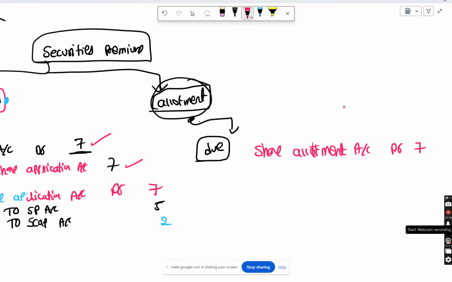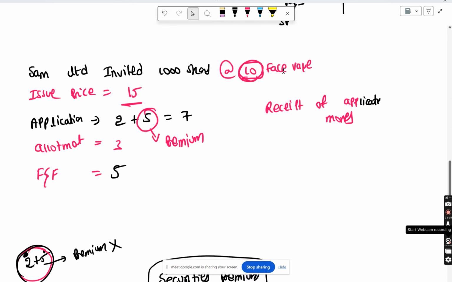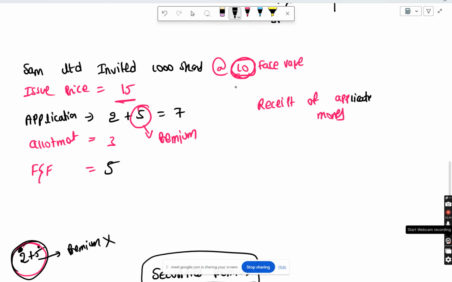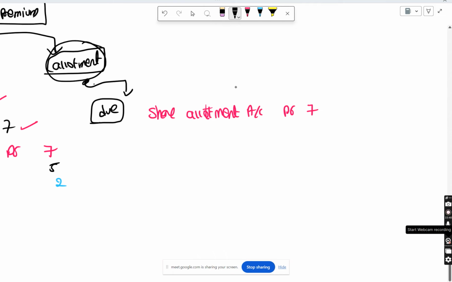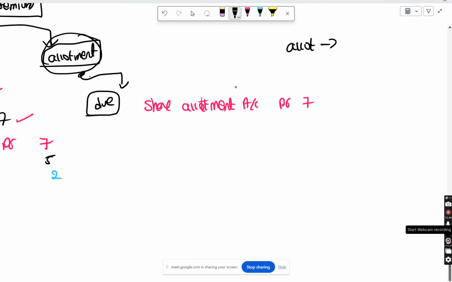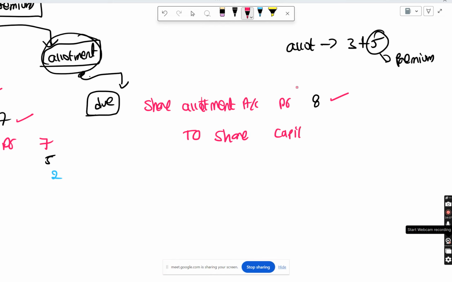Let's say it is the same question, and you are collecting in the stage of allotment. Assume that allotment is 3 rupees and premium is 5 rupees, so total 8 rupees. This is the premium part. So share allotment account debit 8 rupees